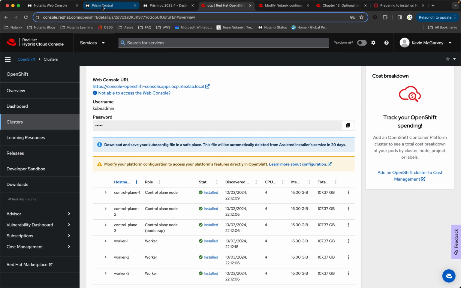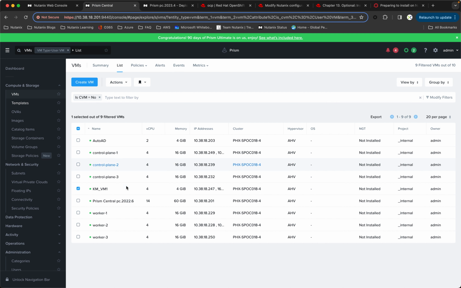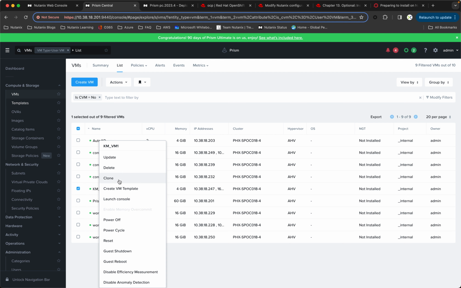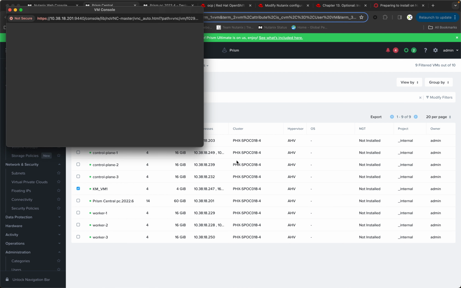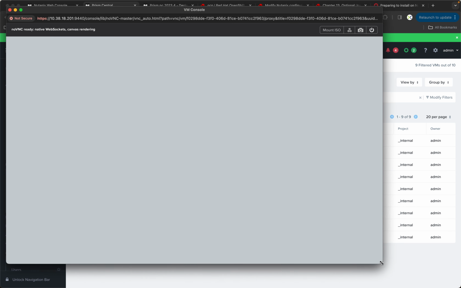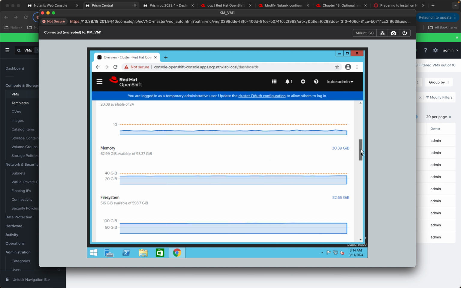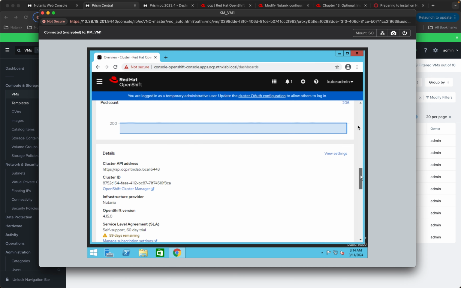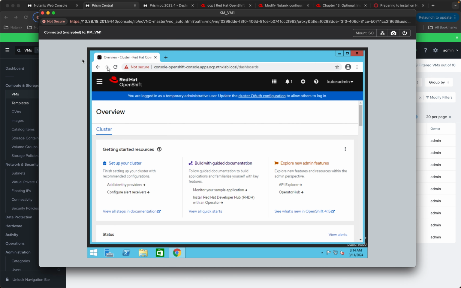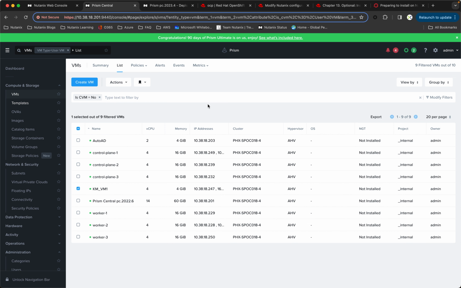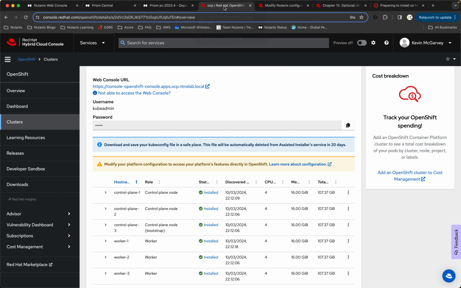So what I've done, if we just flip over to Prism Central, I've created a VM just with Google Chrome installed. I can launch the console, make that a little bit bigger, and there I've just logged in. And there you go, there's the OpenShift dashboard and user interface for you to get started with. I'll jump back to what I've said previously,